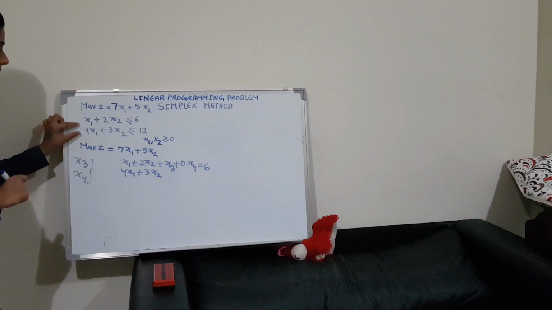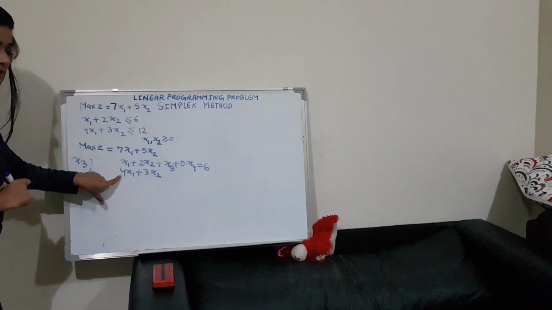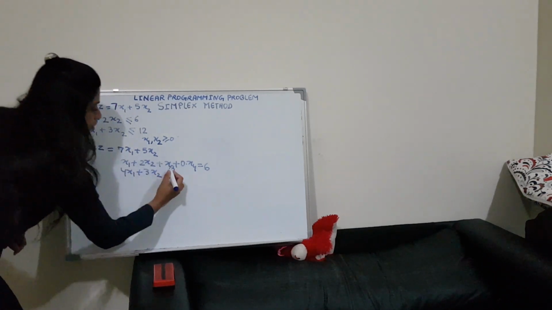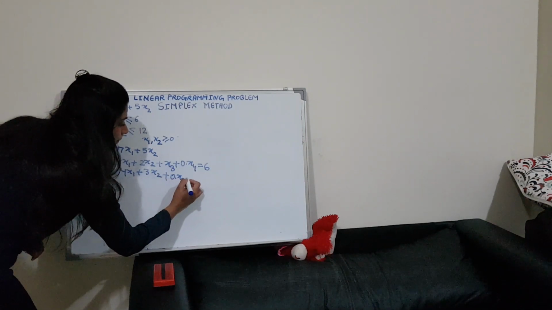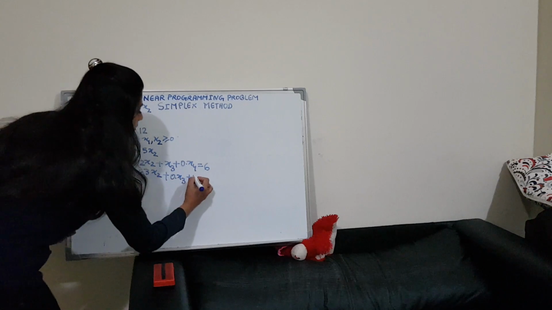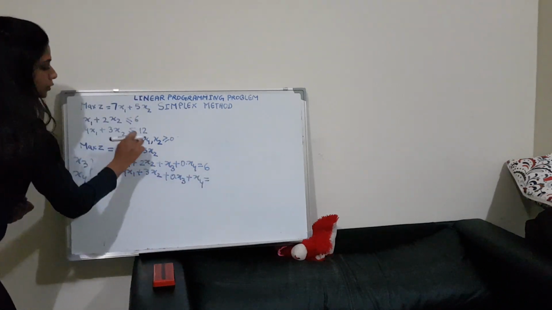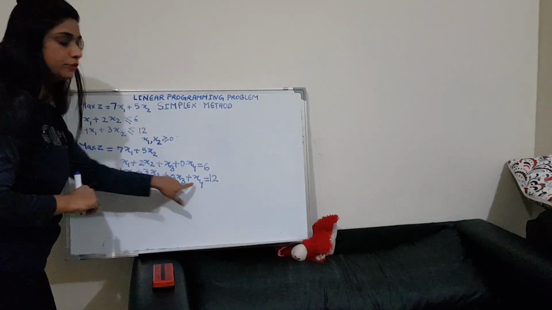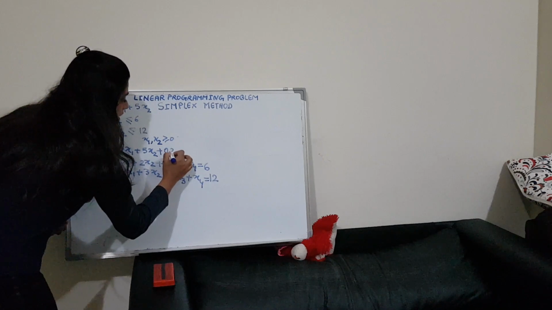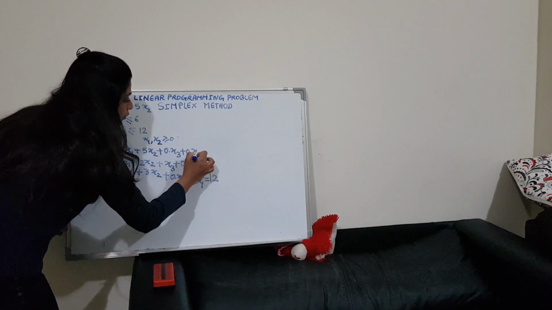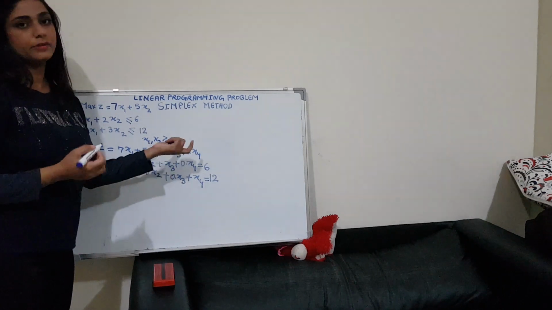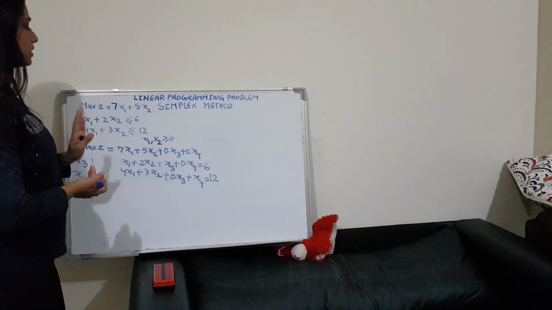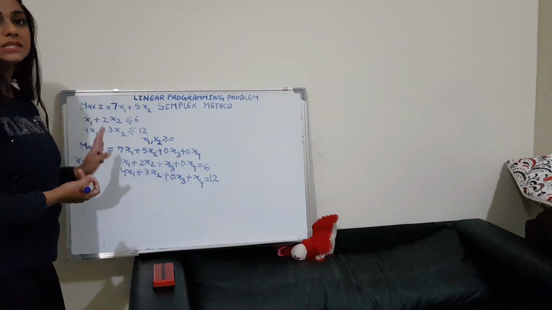In the same way, this is second equation and we will add second slack variable in second equation. So x3 we have added already there, so we will write 0 into x3 plus second slack variable is x4 is equal to 12. These two slack variables x3 and x4 we will write like this in this equation: x3 plus 0 into x4, because if we multiply 0 in anything we will get 0 only. So now we have added slack variables. Now we will draw simplex table.